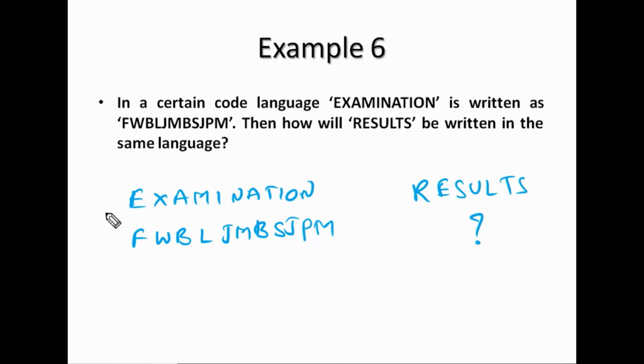Here the logic: search for the nearest letters. E, the nearest letter is F, it is the next letter only. X, W, it is the before letter, right? EF next letter, XW before letter. A, B, B is the next letter. M, L, it is the before letter. I, J, the next letter. Maybe the alternative plus and minus. Yeah, it is +1, -1, +1, -1. So with this, shall we confirm the logic? Yes or no?